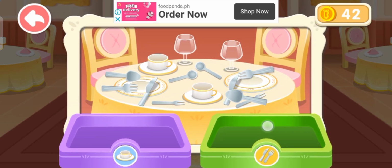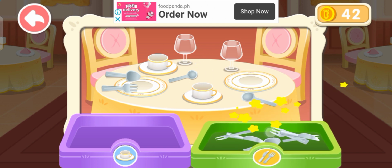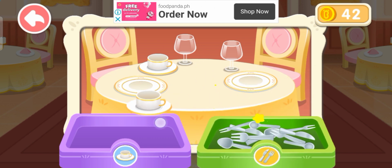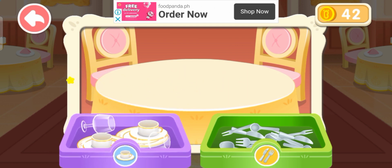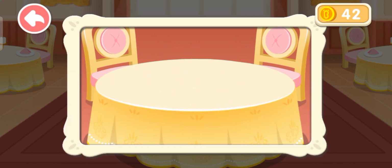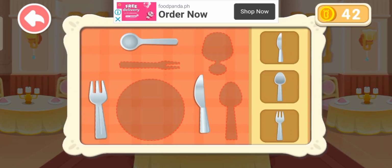Shift the tableware into the corresponding tub. First, set the tableware. There are strict rules